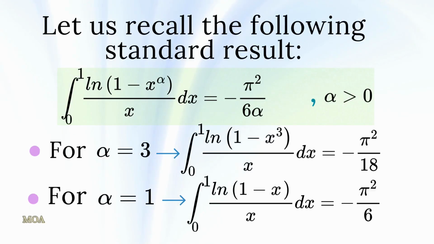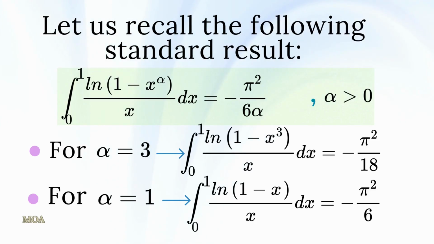Here, at this stage, we recall the following standard result: ∫₀¹ ln(1 − x^α)/x dx = −π²/(6α), for α strictly greater than 0. Applying this standard result, we obtain: